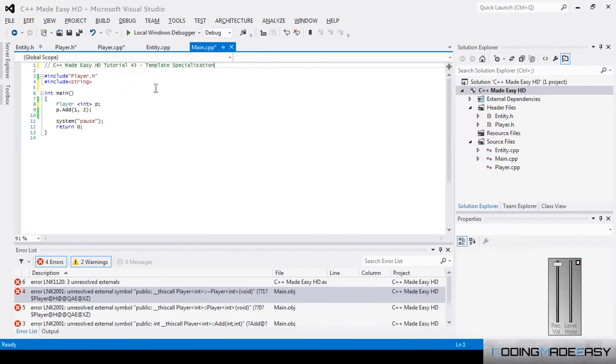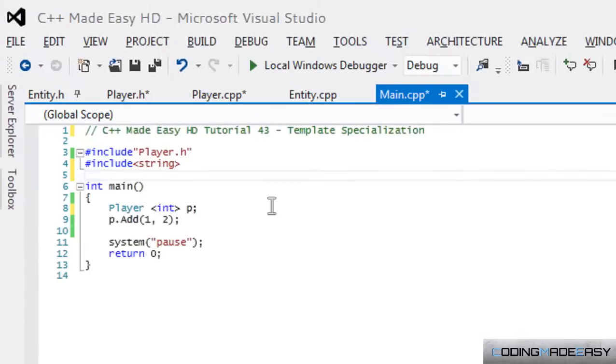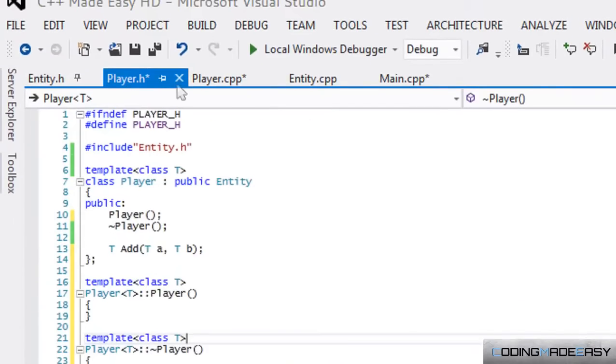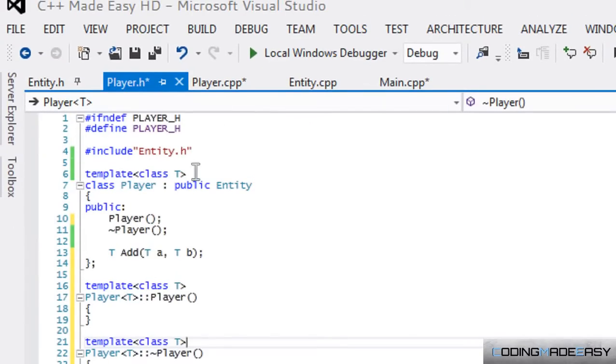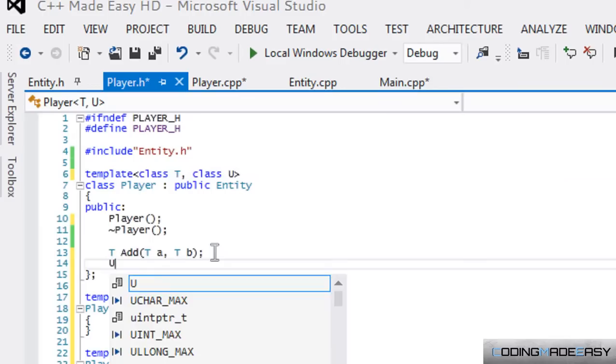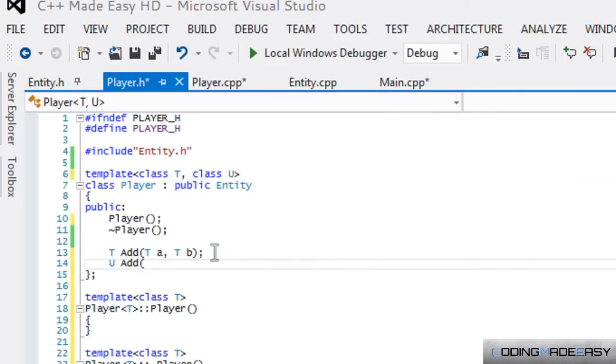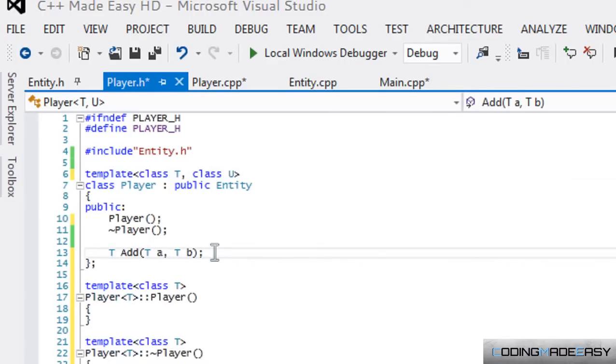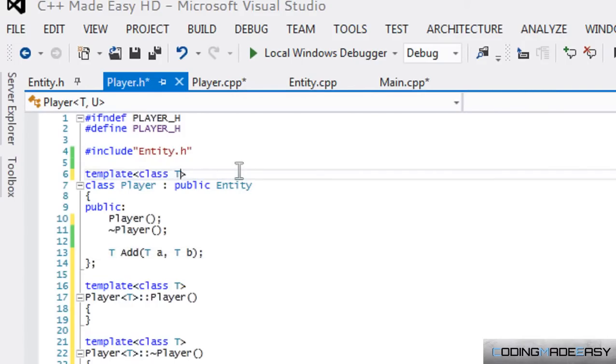Okay, so let me zoom in here. Sometimes whenever we use templates we have a generic type, right? And we assume that that type works across every other type, right? And if we so choose, we could add in another type as well, and we could have another function or whatever that could run something else, right? And that's cool. But sometimes you want to have a class that specializes in one data type,